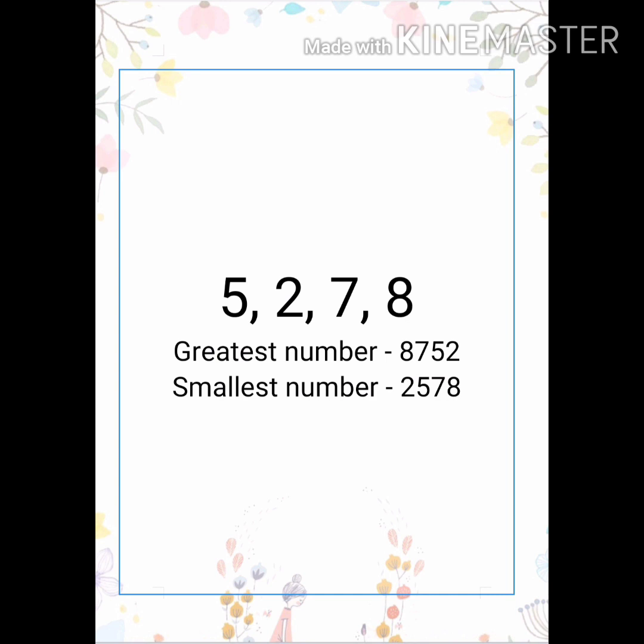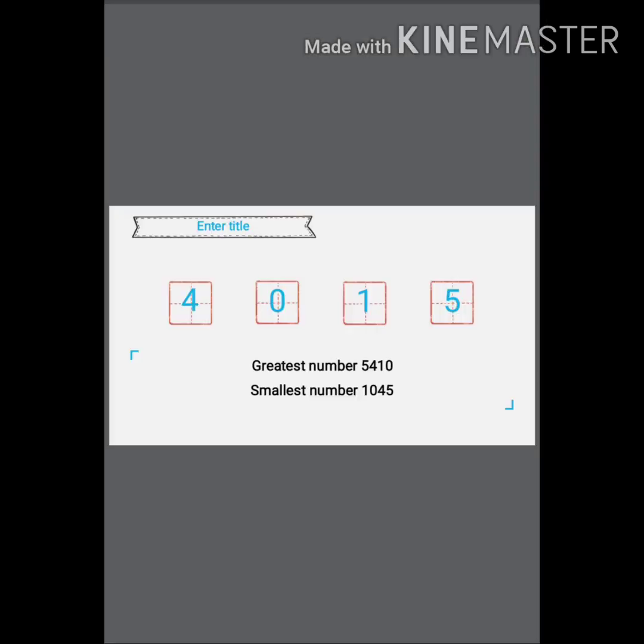For example, in the given digits, if you have 0, for example 4105, how will you frame the greatest number? It's quite easy, the same. You will write the given digits in descending order. So 5410. When you write the smallest 4-digit number, you should be very careful if 0 is given, because you cannot